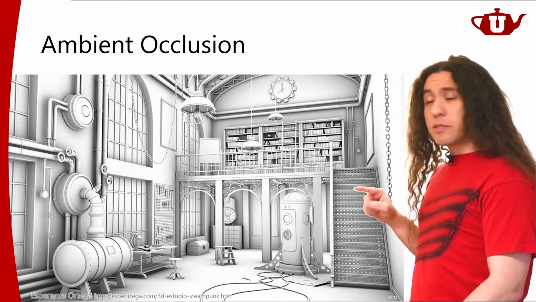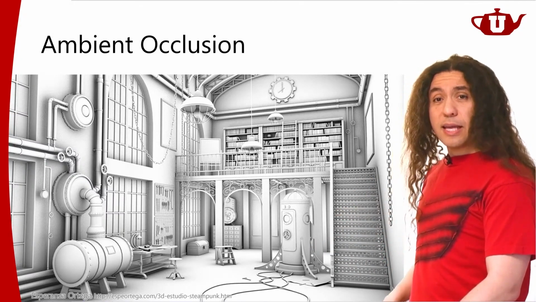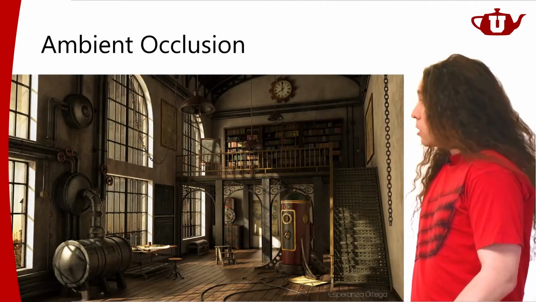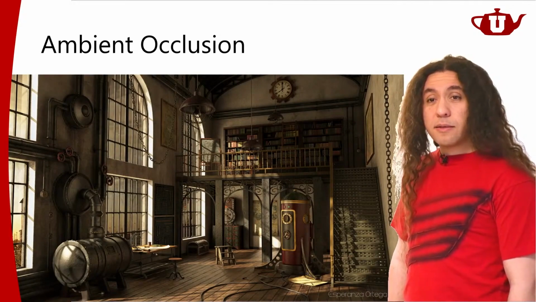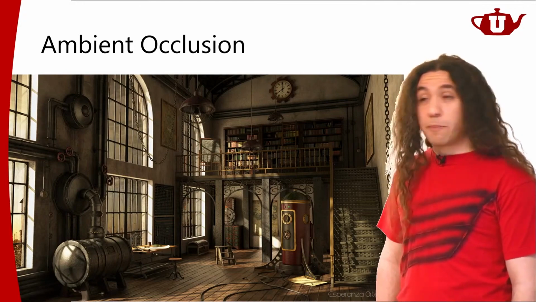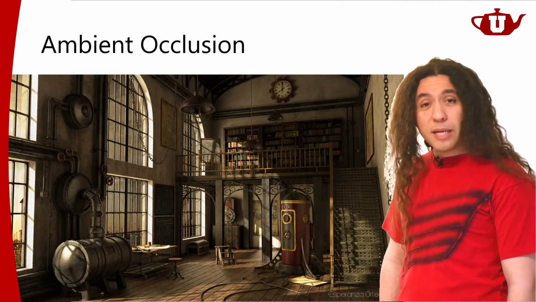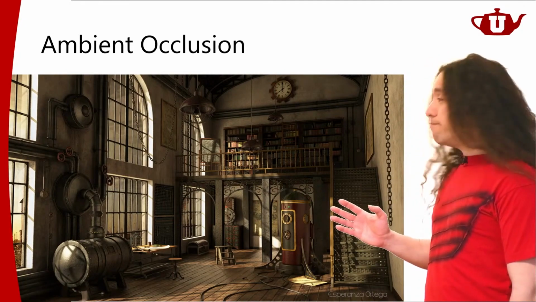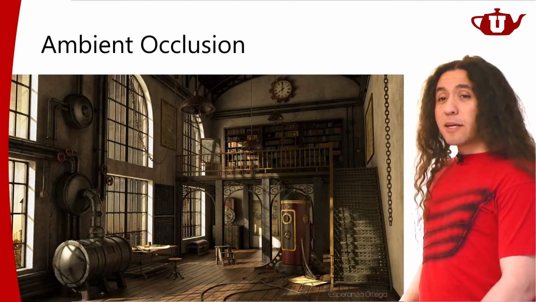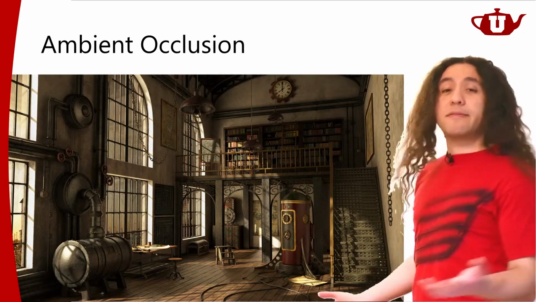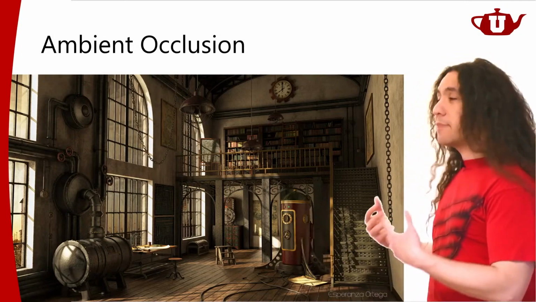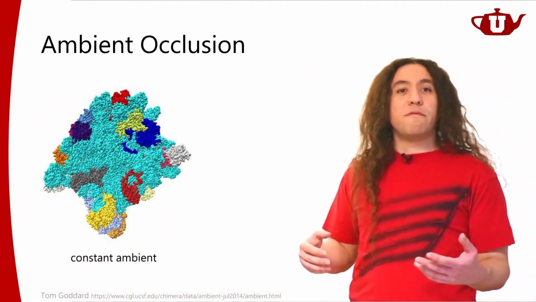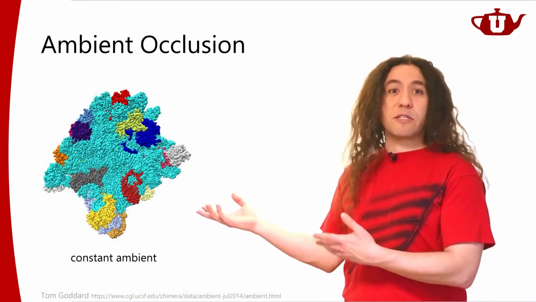Nonetheless, if I use this ambient occlusion in this scene, and just add all the materials and everything, you get an image that looks actually pretty good, right? You could say, okay, this doesn't quite look like a photograph, but it looks really, really good. It makes a big difference. So ambient occlusion basically is great. And maybe you're not too interested in generating realistic looking images. Maybe you're interested in other things, such as scientific visualization.